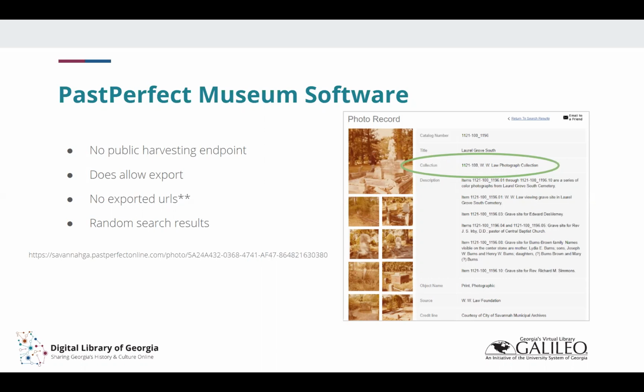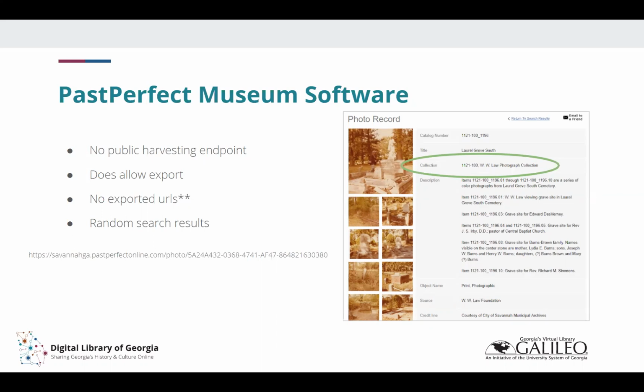The caveat with that is, up until the most recent version of PastPerfect Online, it did not export URLs. A PastPerfect URL can be seen below my bulleted list. It is an arbitrary string of letters and numbers after the beginning prefix, and it is something that we can't predict. It becomes problematic, because if there's no harvesting endpoint and you can't export your URLs, how do you get access to that information? And we have actually developed a system in order to do that, but what it does rely